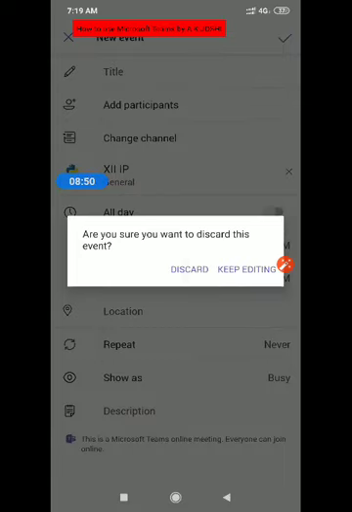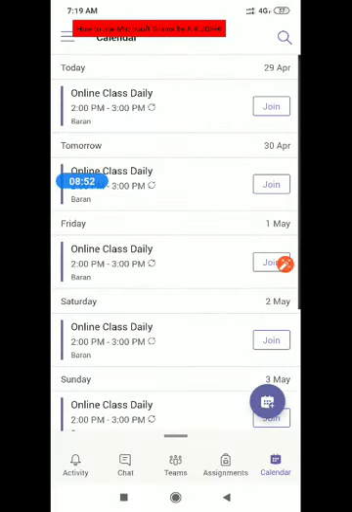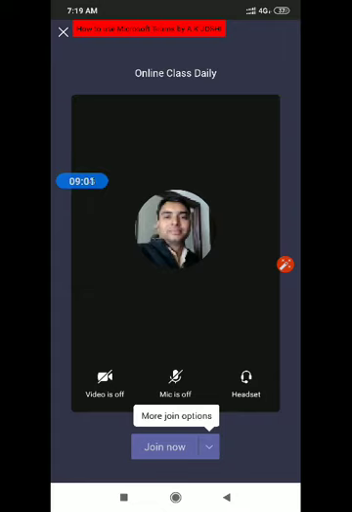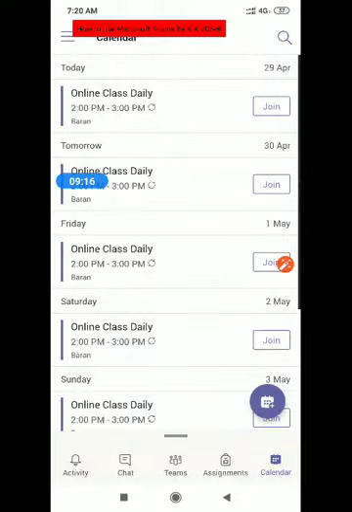So as soon as you create a schedule, all students get that this is a schedule for this class, and then when it is time, click on this join, and then you can connect, join now, and then you will get all the video, mic. You can have a facility of screen sharing. You can have a facility to record the entire class and then publish. So there is an option of recording also. So this is about the Teams assignment and calendar.